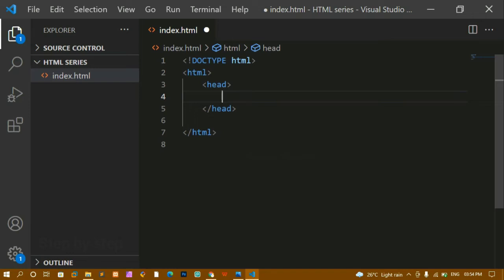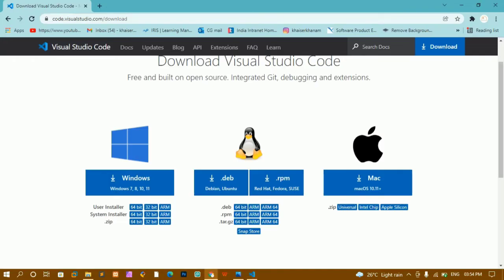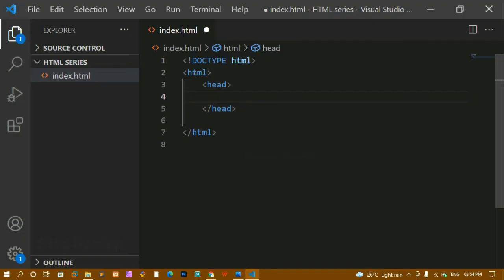Meta tags are very, very important when you want to make your website responsive, or if you want to add some keywords or your name. So you should understand meta tags in a better way. And this is the head tag. Inside this head tag, all the meta tags will be defined, and the title of the page. The title is whatever you get after the logo in the browser tab. You can give that title inside this head tag. The head tag is going to store all the meta information of our HTML page.